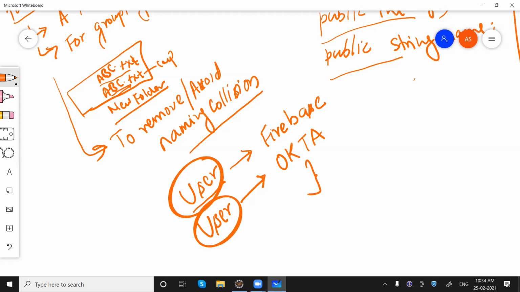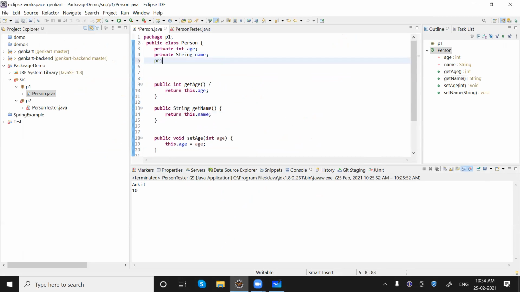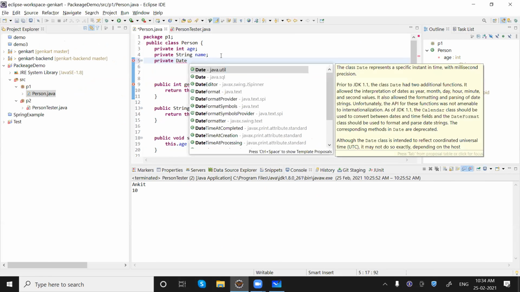Now we have to differentiate which user we are talking about. When we are doing some program and using these classes, we need to tell which user we are talking about, right? Otherwise there will be a collision. For example, in Java, let me quickly take the example of the Date class. We have a Date class inside the java.util package, and one in the java.sql package.